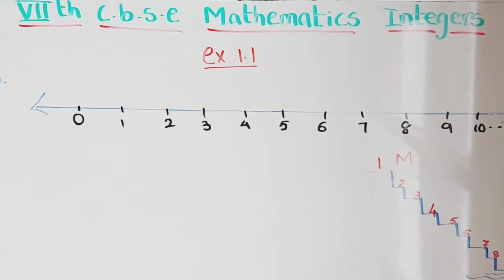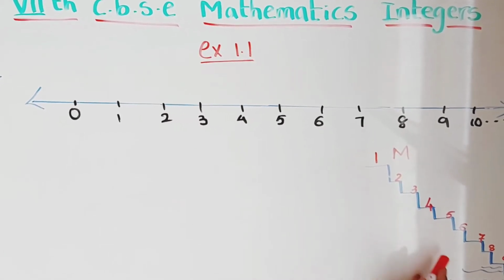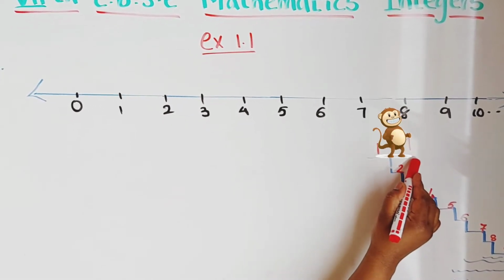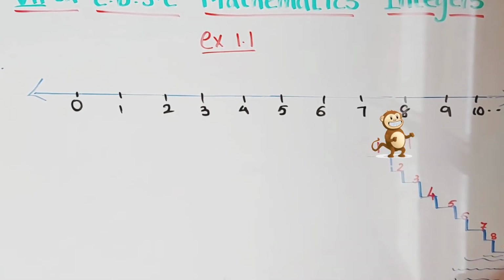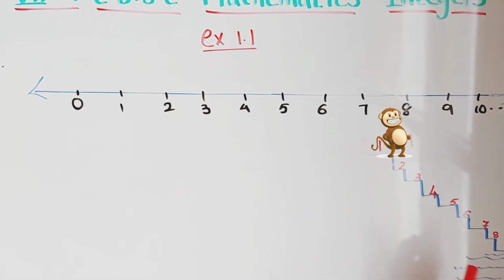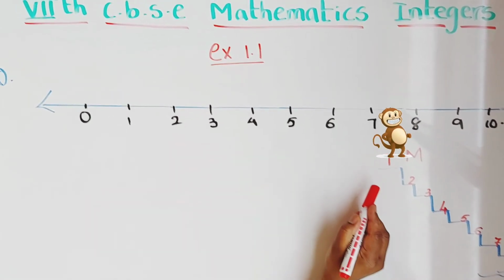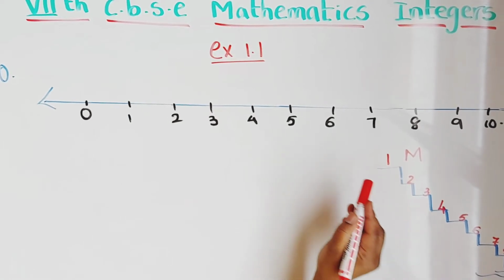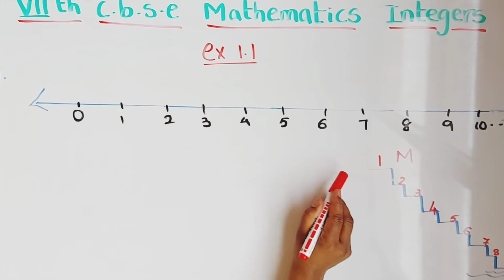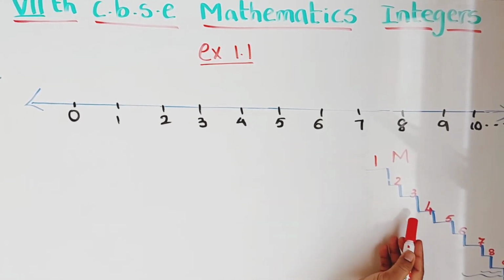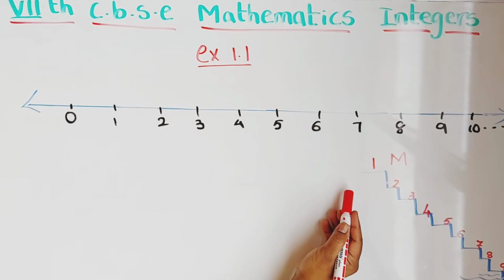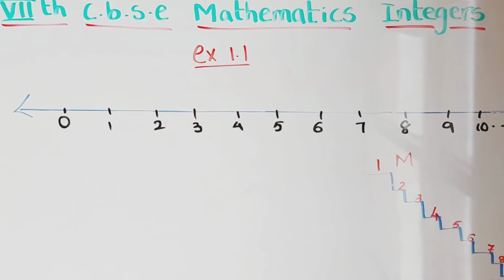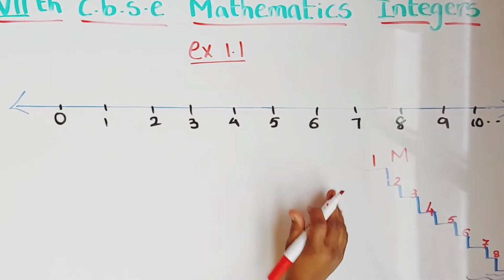Now 10th question, children. A water tank has steps inside. A monkey is sitting on the topmost step here. The water level is at the 9th step. Okay children? And the first question: he jumps 3 steps down and jumps back 2 steps up. First he jumped 3 steps down and second jump 2 steps back. In how many jumps will it reach the water level? This is the question, children, and see, these are the steps.